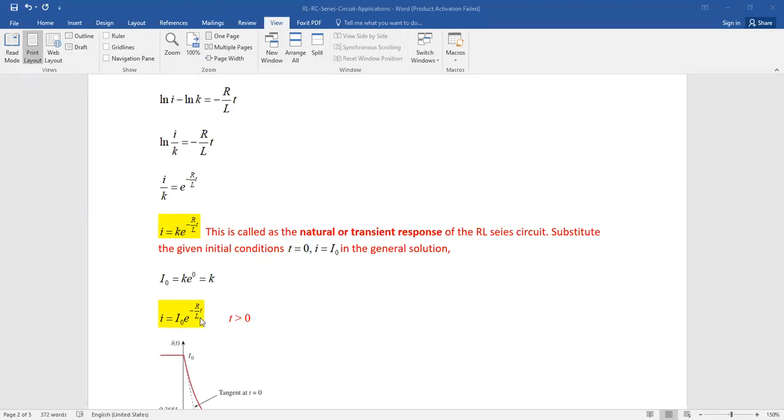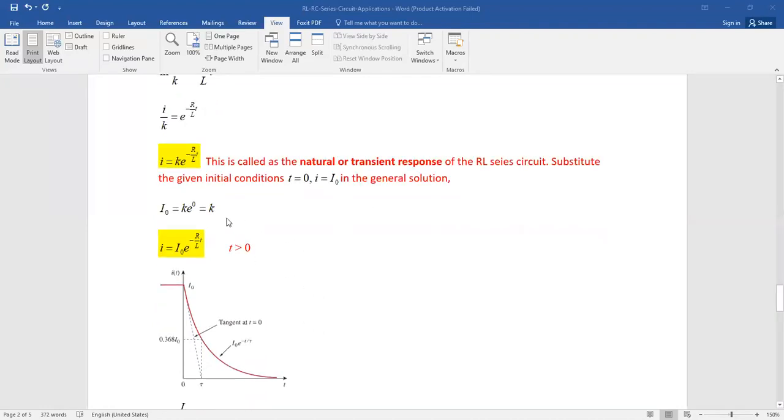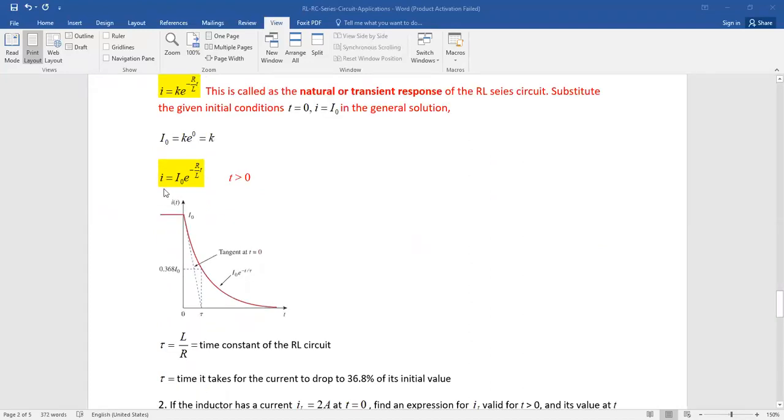Knowing the time, and it should be in seconds, and knowing these constants, resistance, inductance, and initial current passing through the circuit, you will be able to determine the current in your RL circuit at any particular time. Okay, so the current will be solved given the time, as long as the time is in seconds. If this current that you have, written in this equation, is plotted against time, as you could see here,